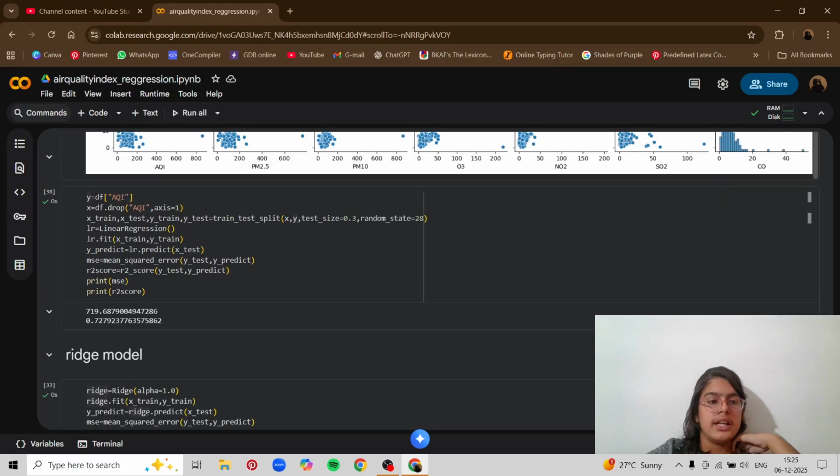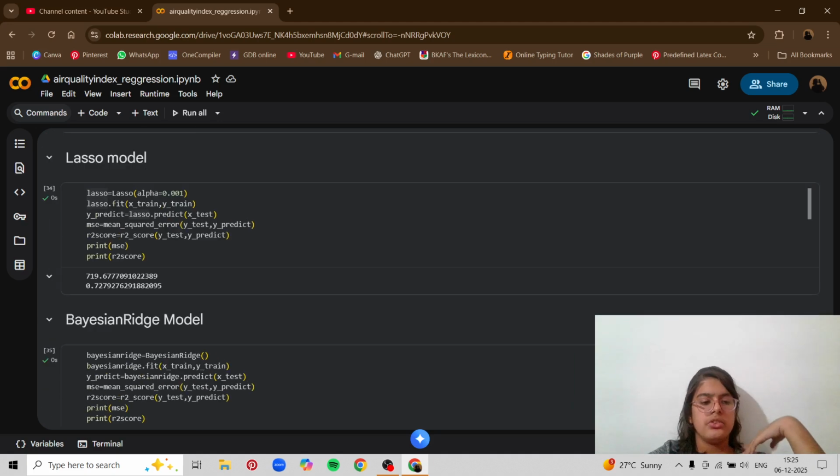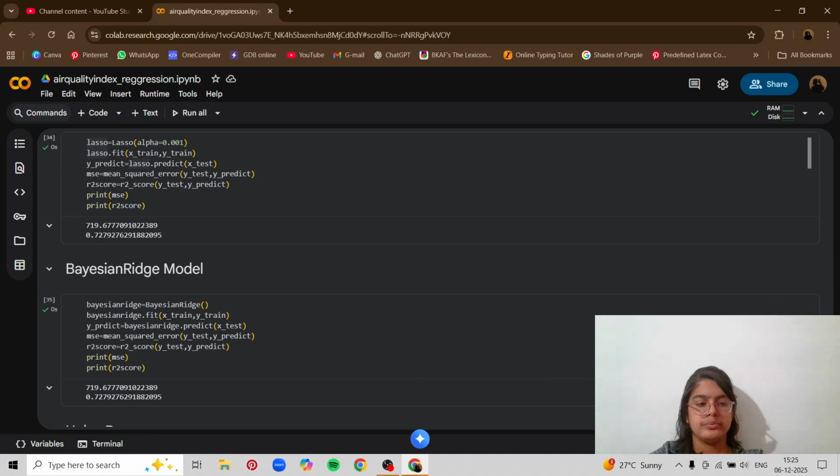Only models like ridge and lasso require an alpha. Next we have lasso.fit and then the prediction and the mean squared error. So you can see I have gotten almost the same output in all of these, as I had explained before. This is a small data set, so we might get similar output.